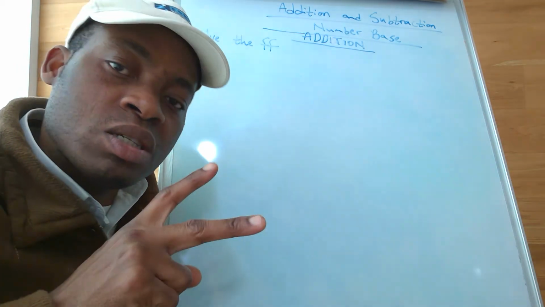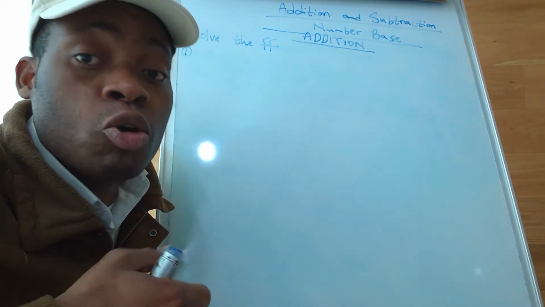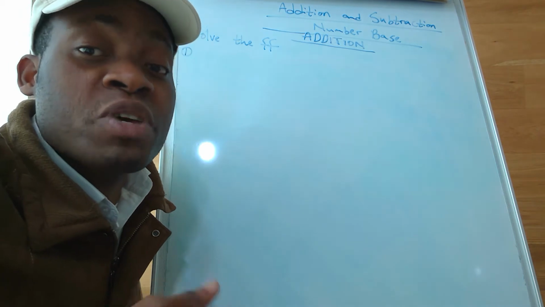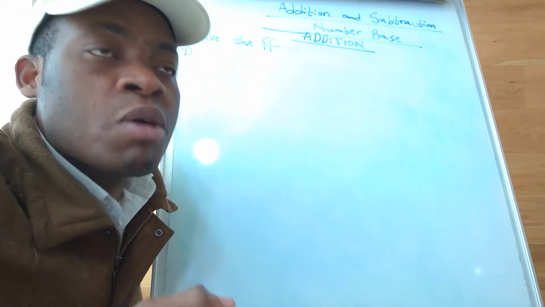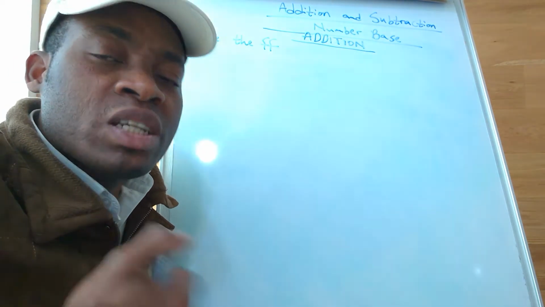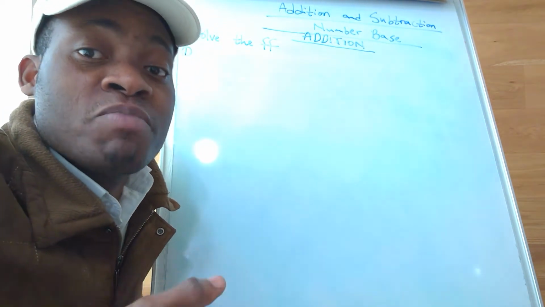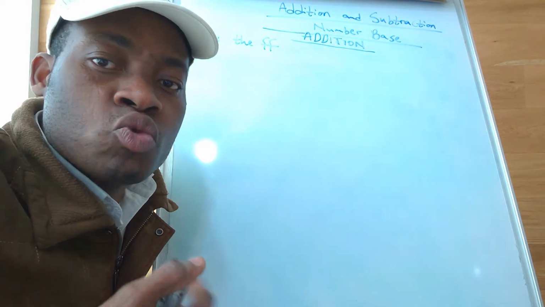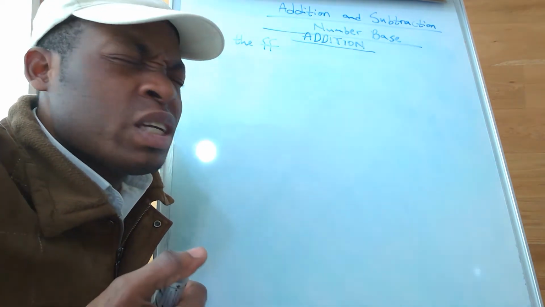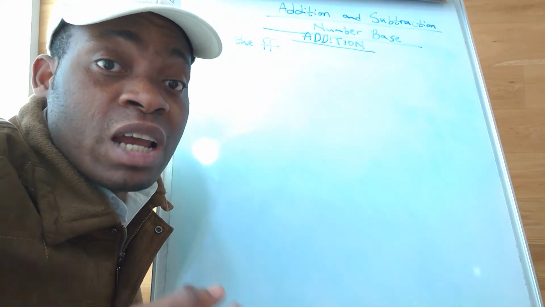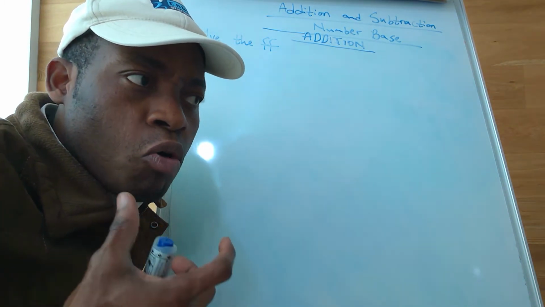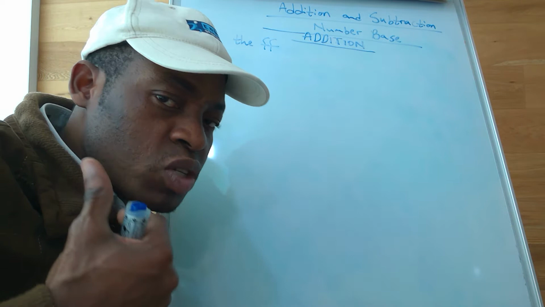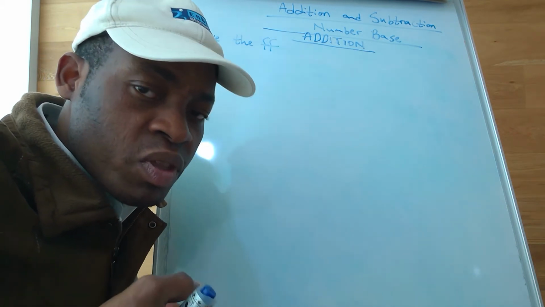The first one is base 10, which is the ordinary number that we use every day in all areas of our lives. This is the number that we were taught in nursery school and primary school, only that there are some few things they didn't tell us in those days, maybe due to the complexity of some things that we need to process within our memory. Then we write the answer down.